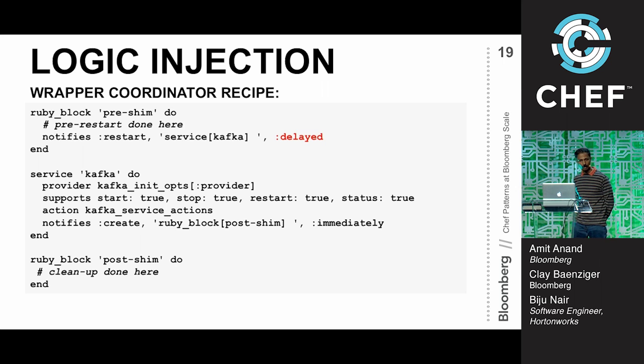And then the service recipe in itself, the service resource in itself, and the last step being any cleanup you want to do after the service has been restarted. So in our case, any node which wants to restart needs to acquire a lock, and that is the logic which we implement in between the Ruby block and the service resource. And when the service has been restarted, it cleans up, and the cleanup process is to release the lock